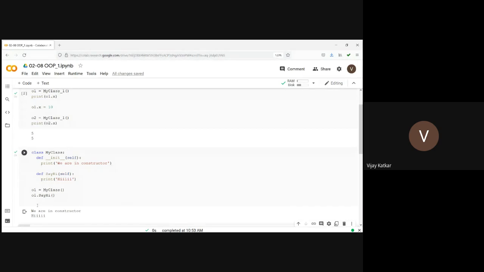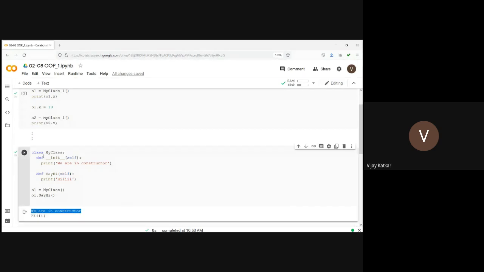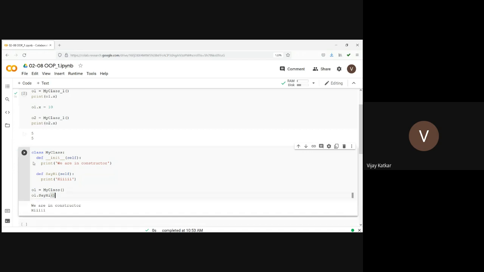So the moment the object is getting constructed, the constructor is called, that is, we are in constructor, it says, and then I'm calling the method say hi over here, so it is getting called. So in Python there are no special names for a constructor, there is no rule that the constructor name and class name should be the same. The constructor name is fixed, and that is double underscore init double underscore. Both the sample codes are currently in your chat section for your reference. Any query till this point?